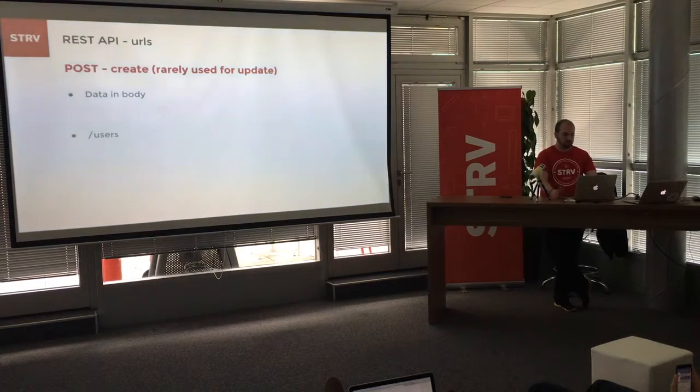If I want to create a user, I will do it like this. If I want to create a car for some specific user, I will do it like this. So I will create a car which will be bound to the user specified in the URL. Or I can directly create a car without specifying the user, of course, if your application logic allows this.